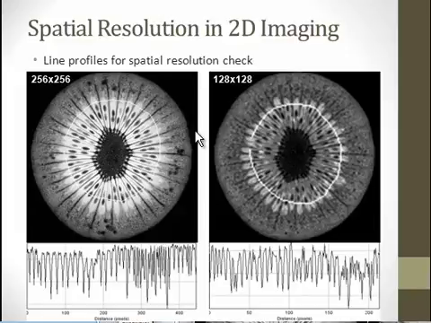But what is important for now is to notice when you look at an image with a 256 by 256 matrix, and compare that to an image of the same object with the same field of view but a reduced matrix size, just by eye you clearly see a difference in what objects you can see and what you cannot see. And a common way to quantify that